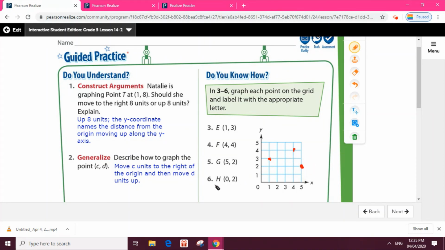Next, point H, 0, 2. Again, since we have 0 from the x coordinate, we don't need to move to the right. And then, since we have 2 from the y-axis, we need to move upward. 1, 2. Very good. So these are the points of E, F,